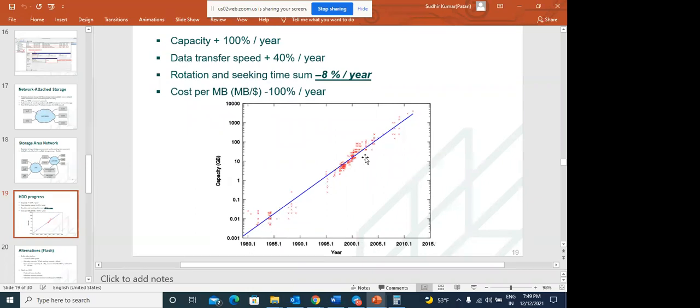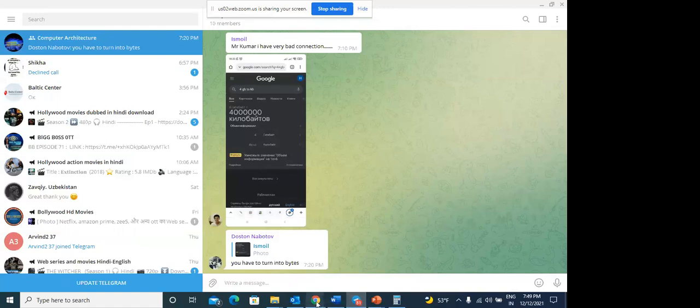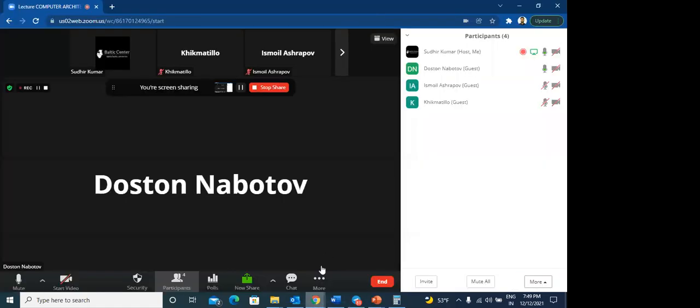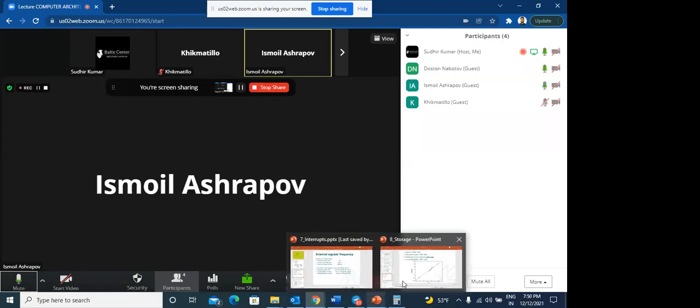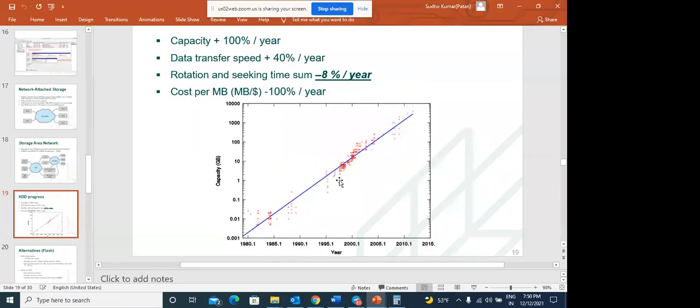This is linear regression. Actually, if you are studying mathematics, do you know linear regression? Yes. You can see this linear regression.